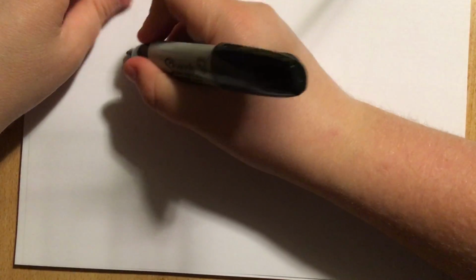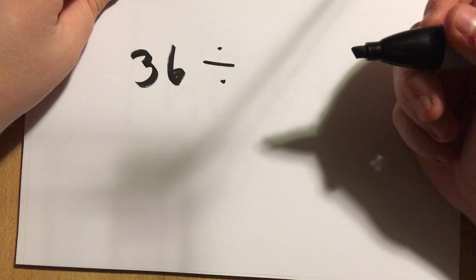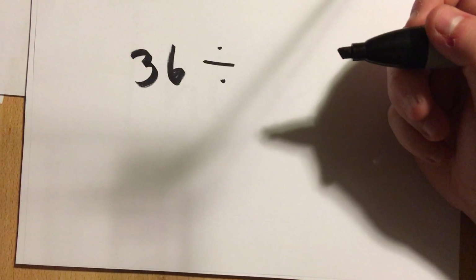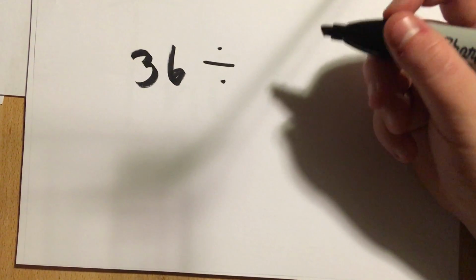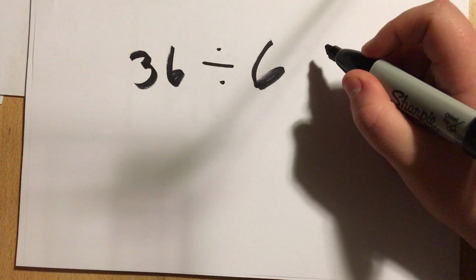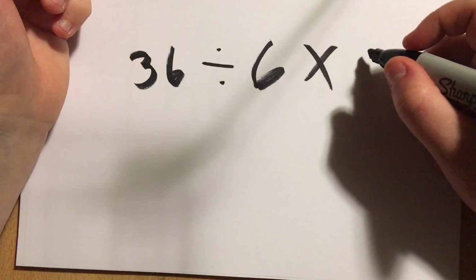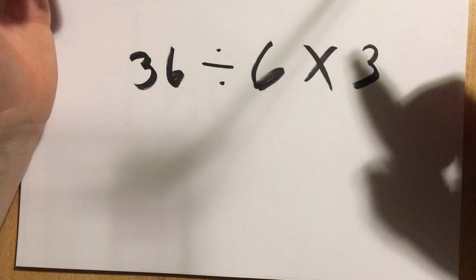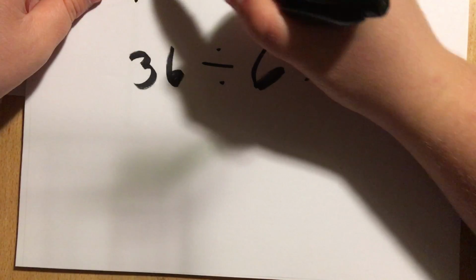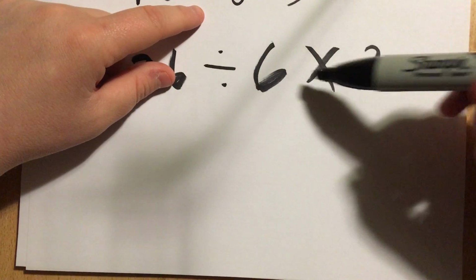Now, we're going to try one of our own that we'll make. So, let's take a negative number, say 36, and let's divide it. Well, what do we want to divide it by? Well, 6 can go into it pretty easily, so let's divide it by 6. But we have to have something else to make it a problem that requires PEMDAS to solve. So, we'll multiply that 6 by 3. Now, according to PEMDAS, in a straight line, multiplication comes first, so it'd be 18